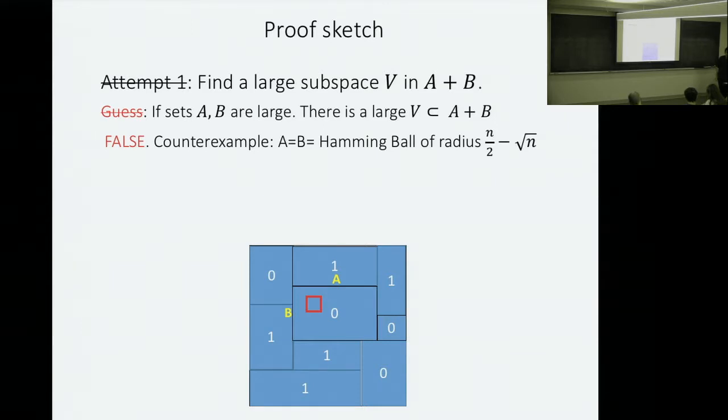That I think is not known. I think the best known is you can always find alpha times n. If alpha is the density of your set, then you can find the subspace of dimension... You can find the subspace of dimension